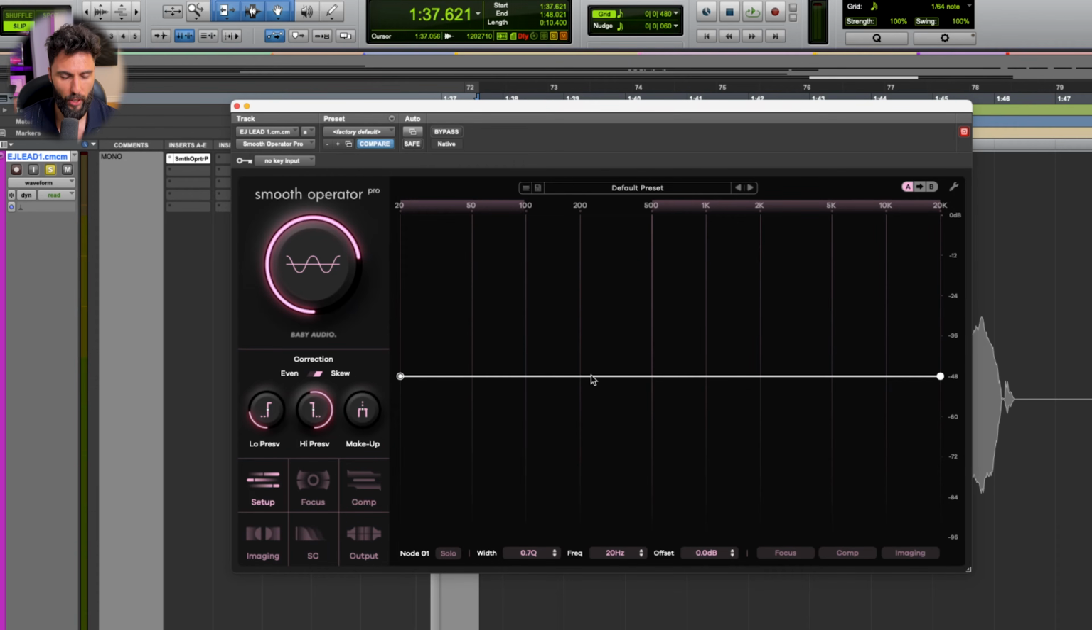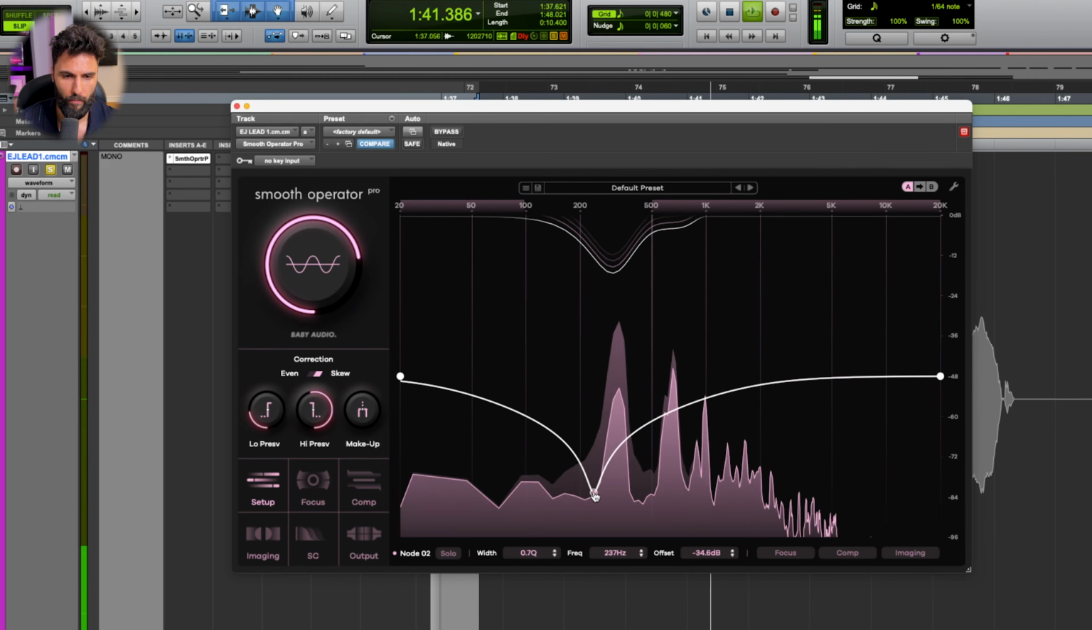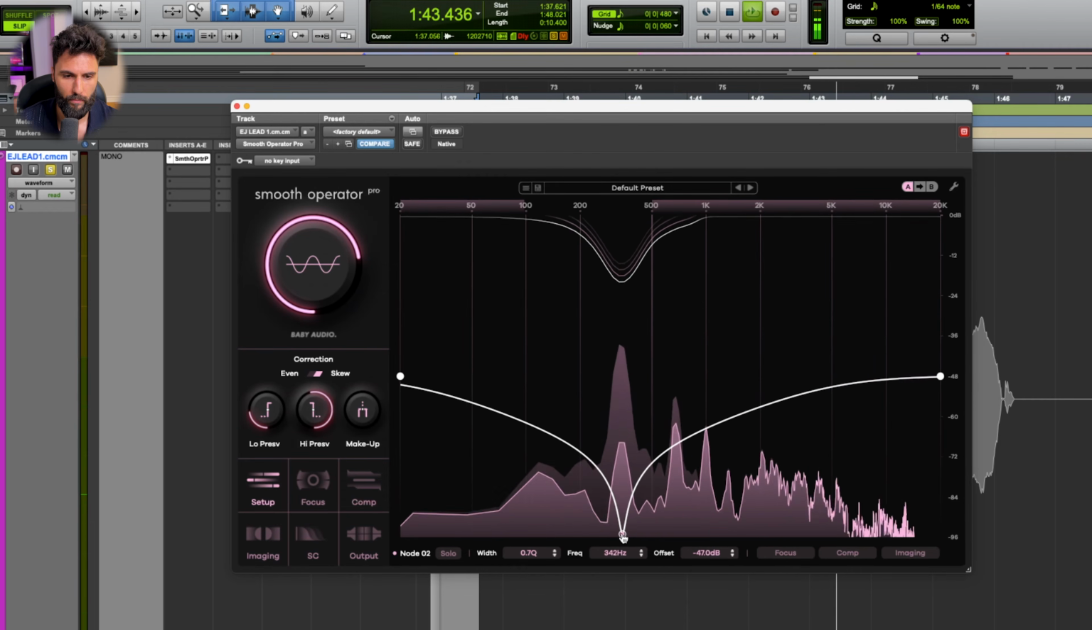Now, just to make a point, if we want to exaggerate a frequency reaction even more, we can always double click on the graph to create a node, and we can bring it down further, which will then produce even greater gain reduction. For example,